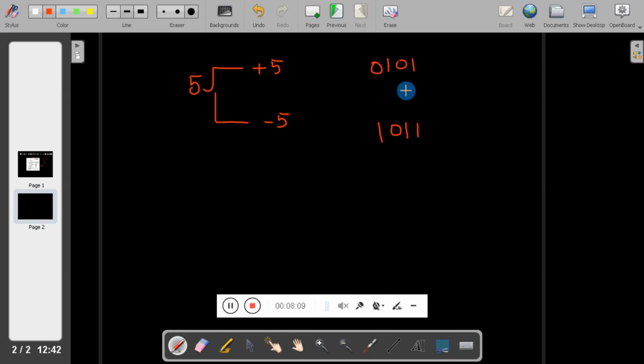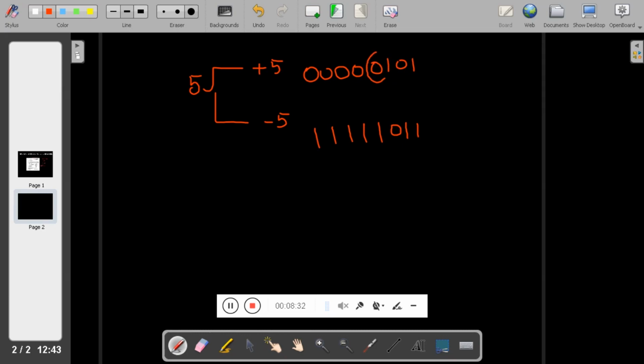Suppose you want to write this in an 8-bit value, then you need to extend the remaining 4 bits like this, and in the case of -5 you need to extend the remaining 4 bits like this. That means the extender will extend the value based on the sign bit.